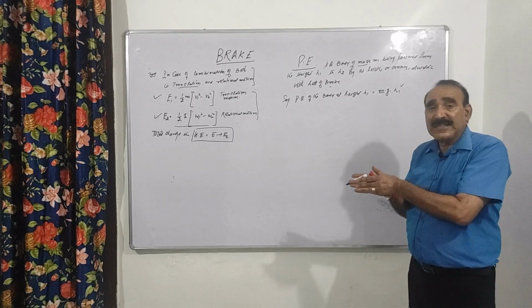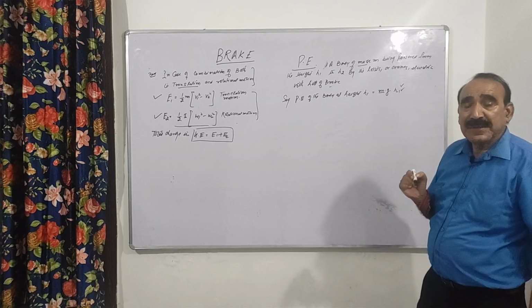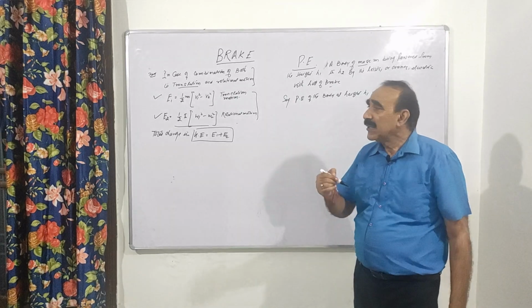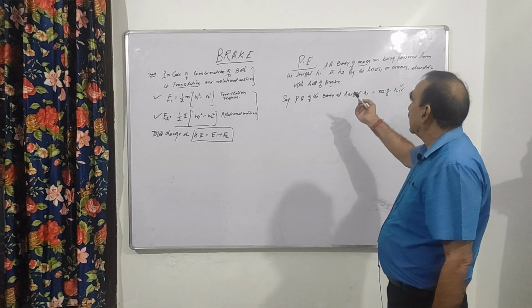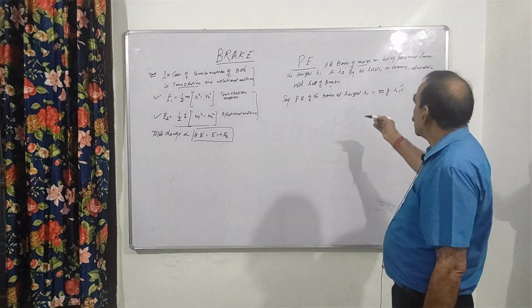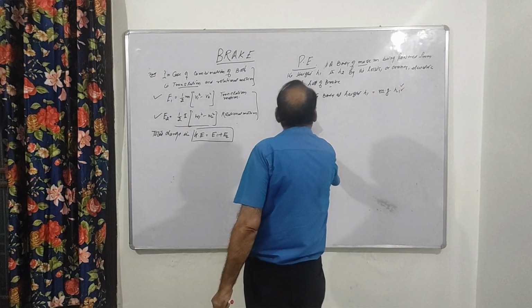Now this body is being lowered from height h1 to height h2 with the help of cranes, elevators, and by applying the brakes, okay? So when we lower it from above, in this case the potential energy